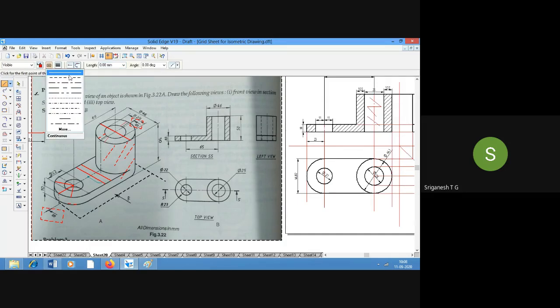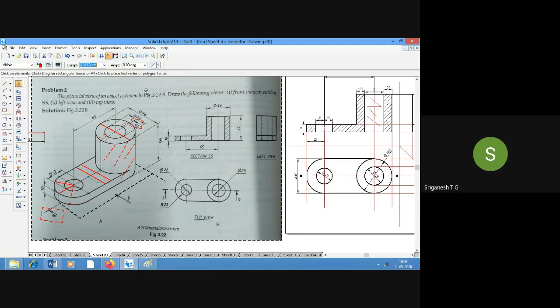To indicate the sectioning plane, you can make use of the axis line only, in the software, because there is no separate line for the sectioning view. It passes from here to here. I'll just draw it in red color line so that you can see it, and I'll make it dark also.